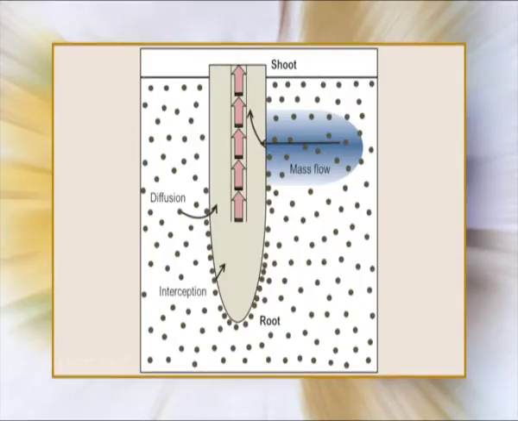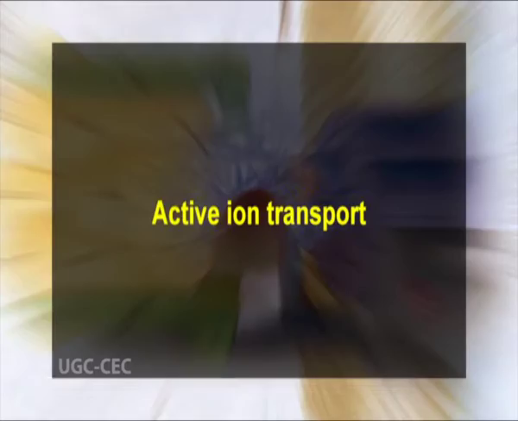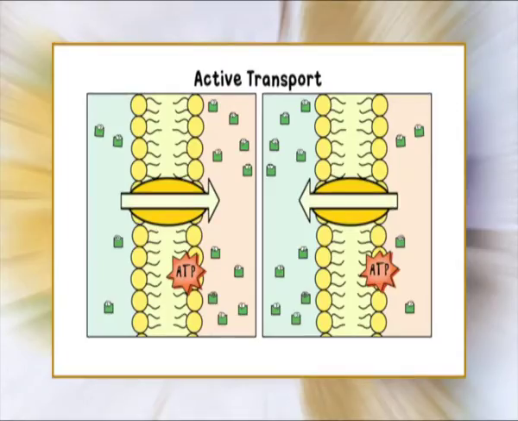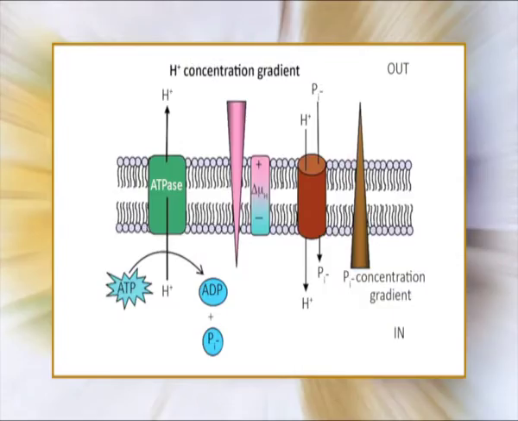In this uptake and movement, salts may be absorbed and move up to the plants. Now, active ion transport. It has often been observed that the cell sap in plants accumulates large quantities of mineral salt ions against the concentration gradient. For example, in Nitella, the cell sap accumulated potassium and phosphate ions to such an extent that their concentrations were thousands and hundreds times greater than in the pond water in which the plant was growing.